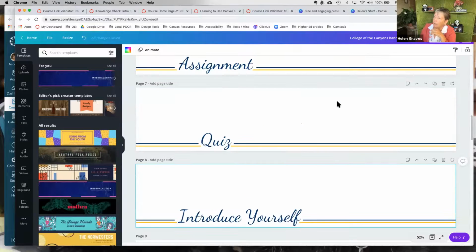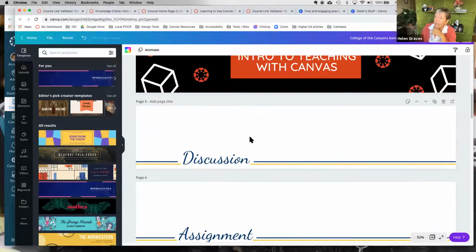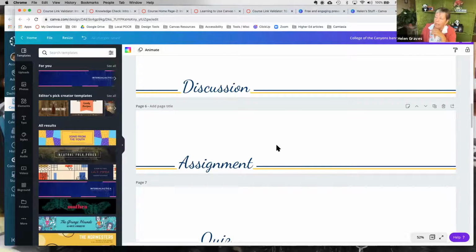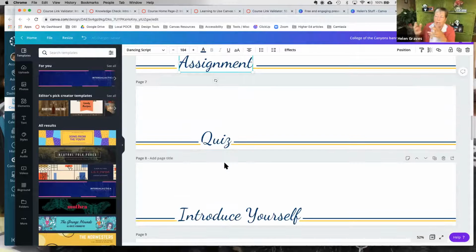And to show you what Chloe was starting about, I just created the discussion banner and then I copied it and simply changed the writing in each of the things. So I had the same thing duplicated and made it very quick and easy to do.